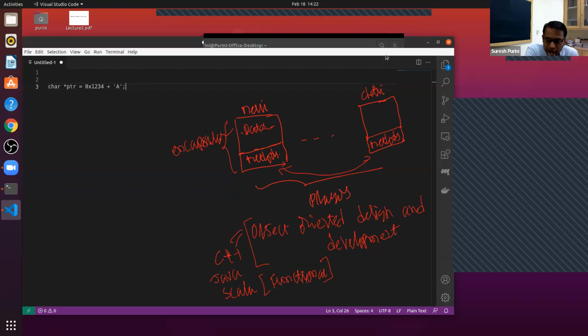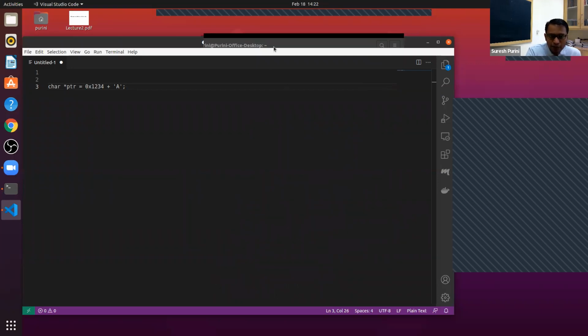So what else? The other thing is the C++ programming language. C++ is a superset of C. So everything that you can do in C, you can do in C++ pretty much.